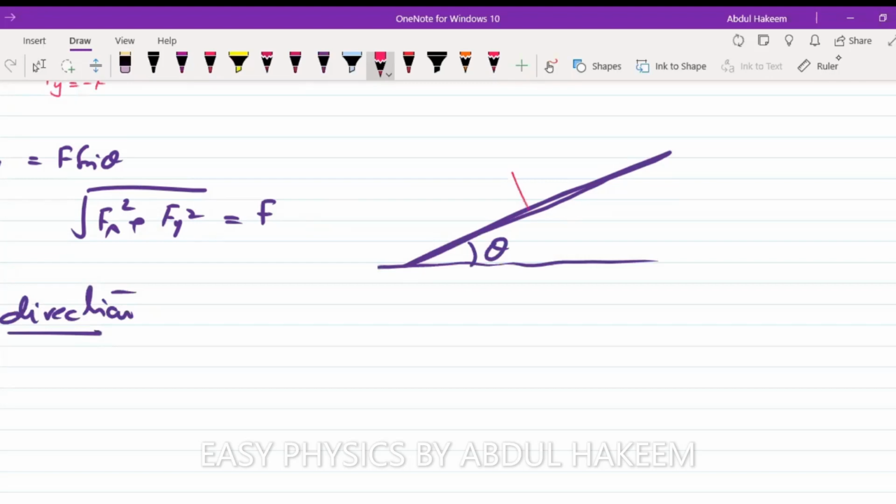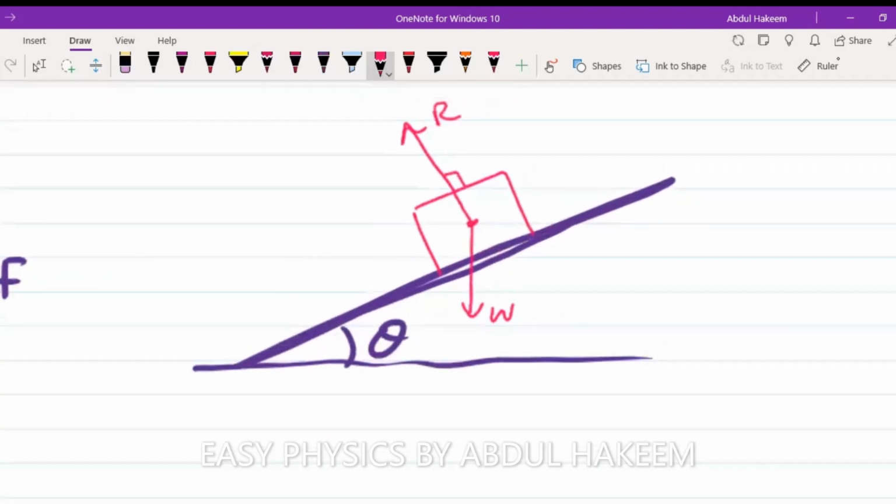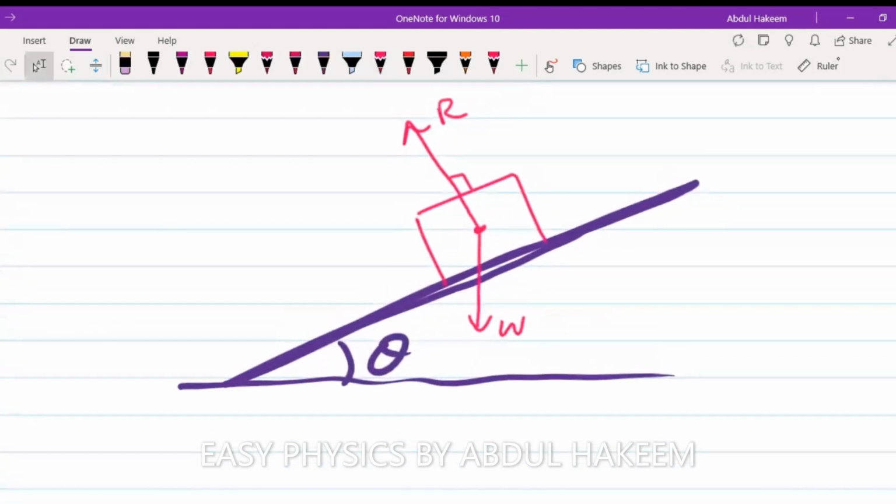When the object is placed here, its weight is acting downward toward the center of the earth, but the reaction is perpendicular to the surface. When the weight is resolved into two components, for example, this line is extended, this line is extended,